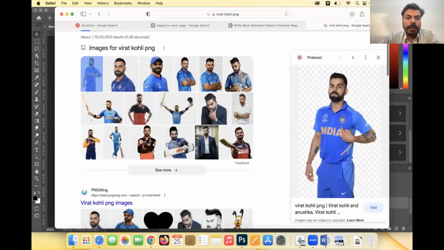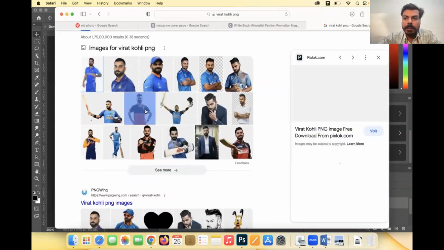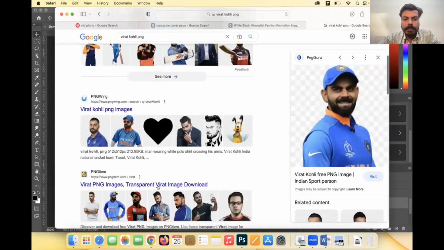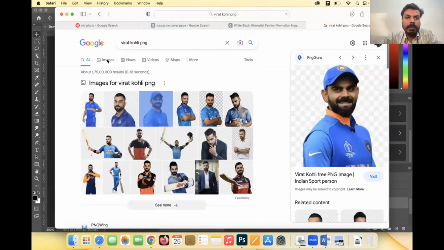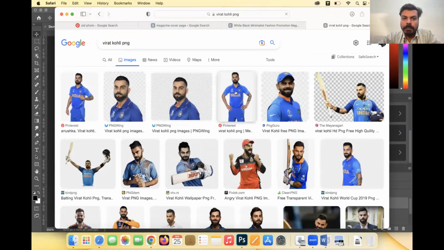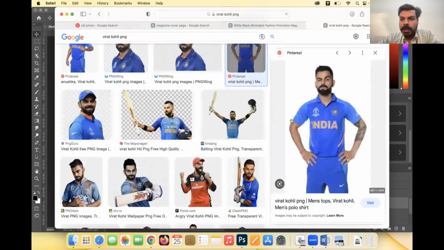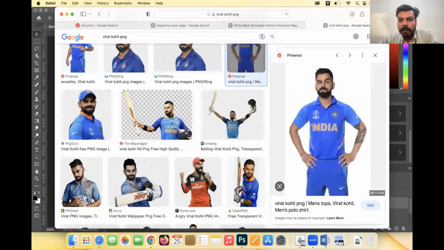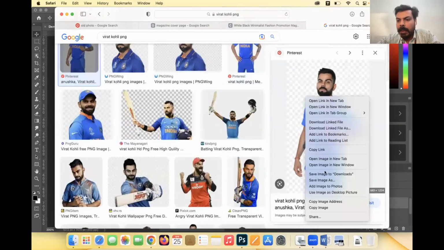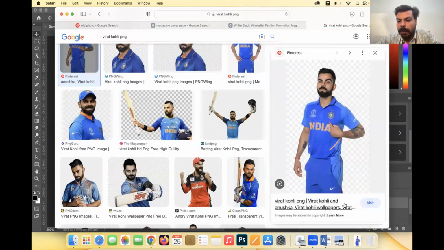I'll pick another one. This is not PNG. Let me select the photograph. This is PNG. Right click, save image to downloads, right? And go to find a